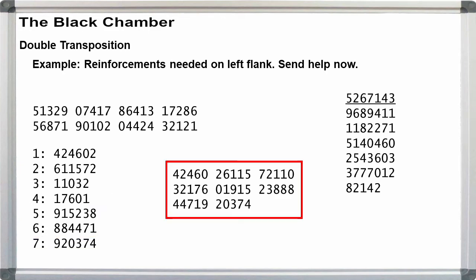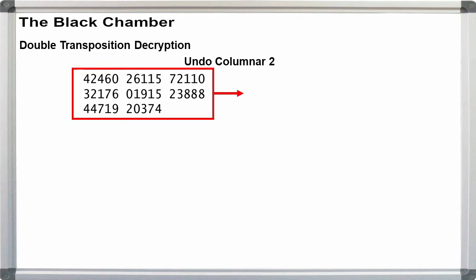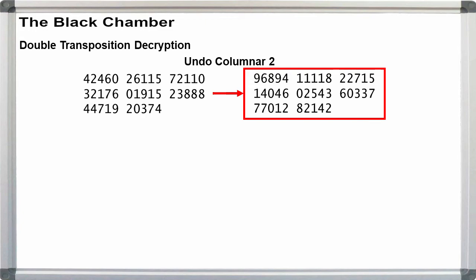And the cipher we send to our recipient is 42460 26115 72110 32176 01915 23888 44719 20374. Our recipient decrypts this twice, as described above, also using the same key, getting the coded message,